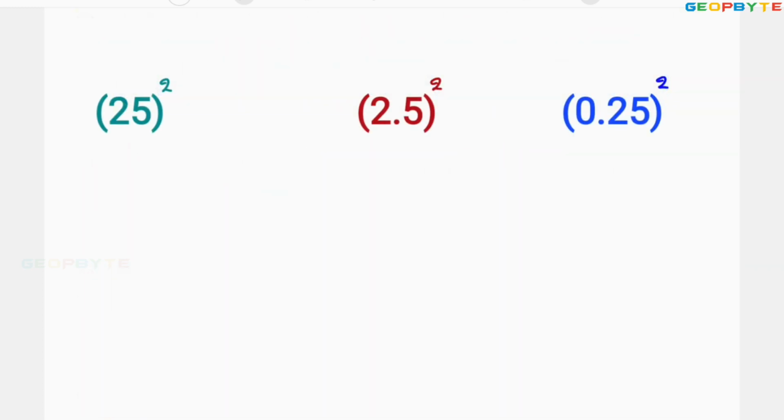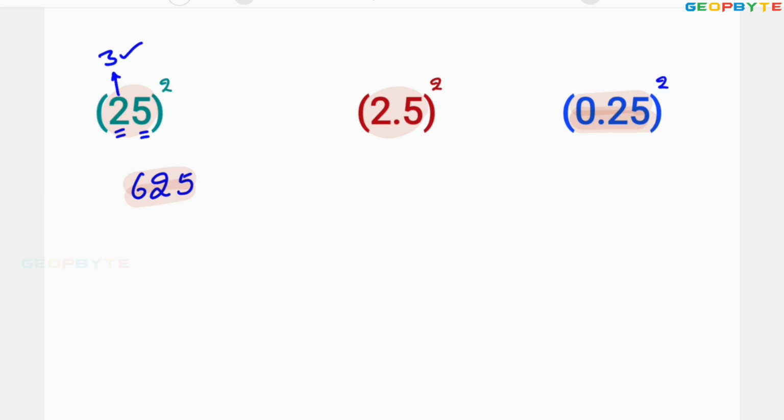Look at the numbers 25 square, 2.5 square, 0.25 square. Dear friends, believe me, for the square of all the numbers ending with 5, the common number is 25. That is equal to 5 square. Then you multiply the next digit, that is 2, with the next higher number, that is 3. It means 2 into 3 is 6. You got your answer. I hope you got my point.